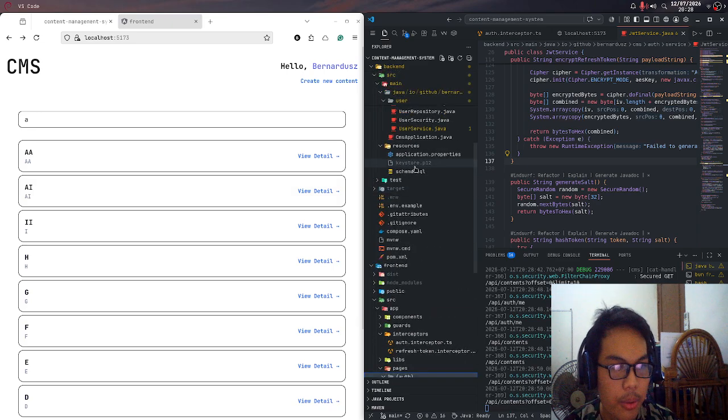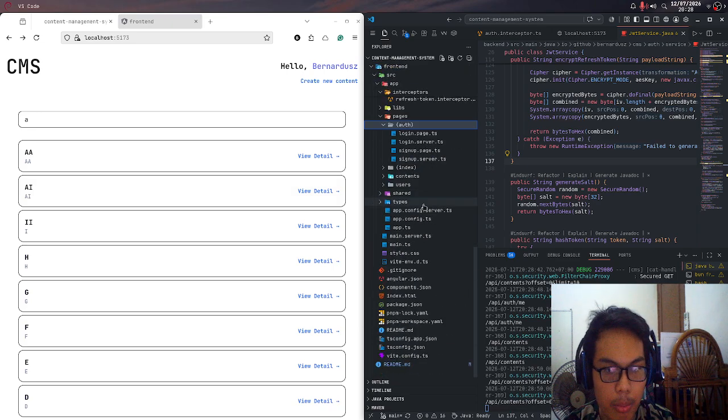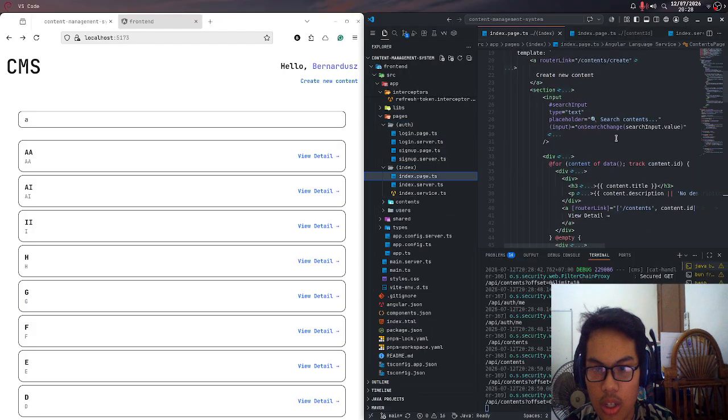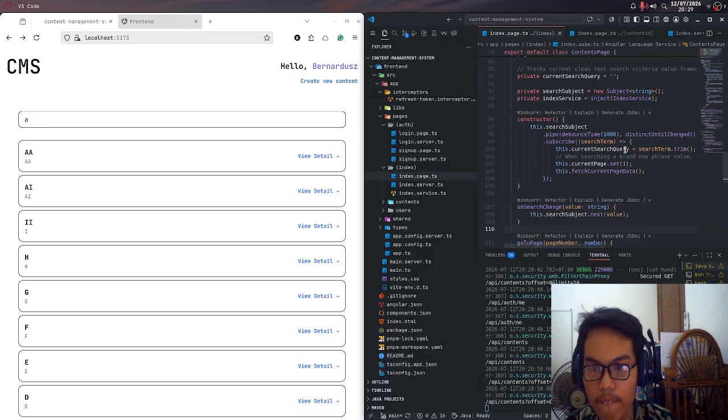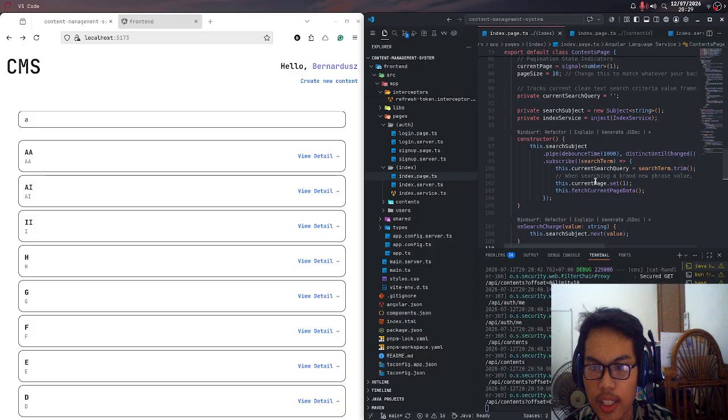Let us go to the searching bar problem. It is inside the index page. This is the search input. On search change, this search subject.next, and inside the constructor we use